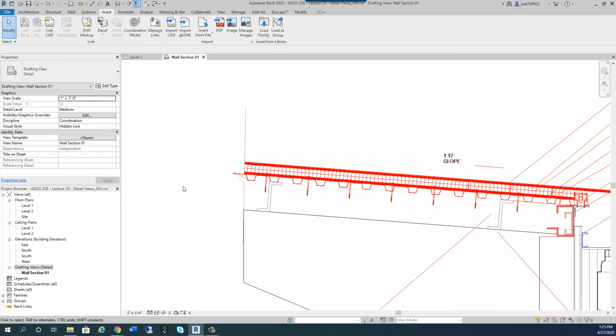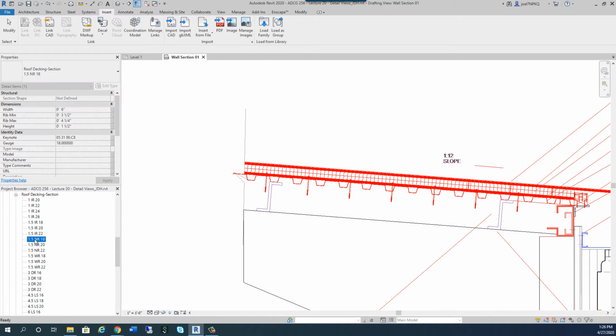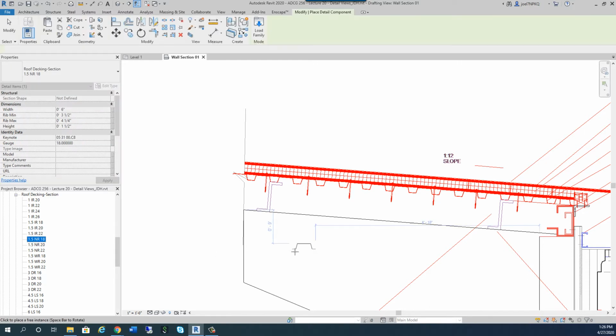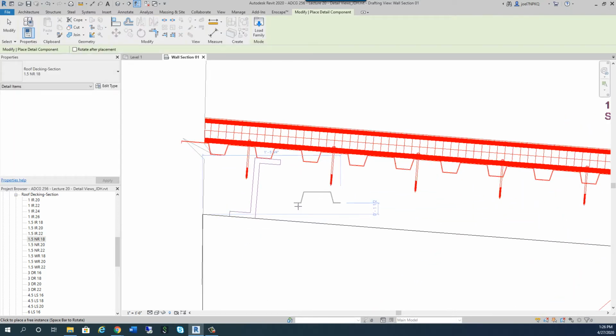And now that I've got that, wow, where do I go get that from? Well, under families, if you click under here in detail items, now there is a roofing deck section that we can grab. And look how many different sizes we have, right? And so if I was going to use this one, I would say this is probably an 18 gauge, 1.5 inch deck. So I'm going to drag this out here. And look what I can do. If I now hit the space bar on my keyboard,